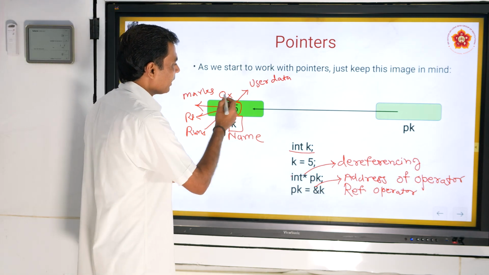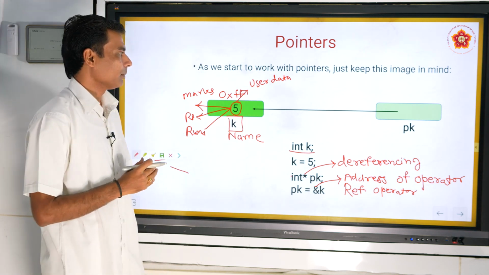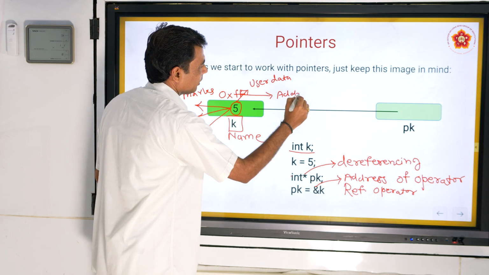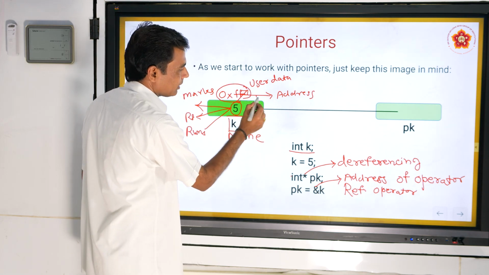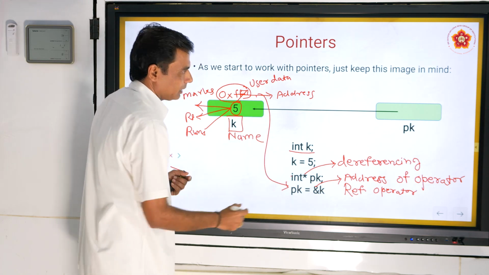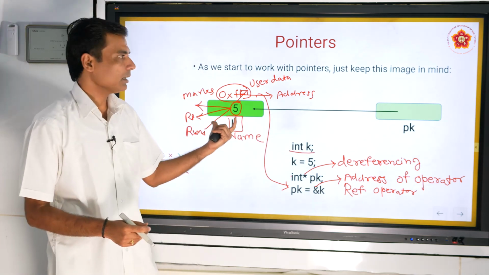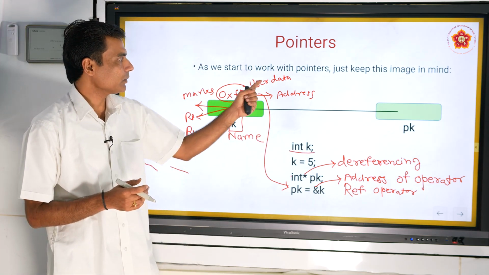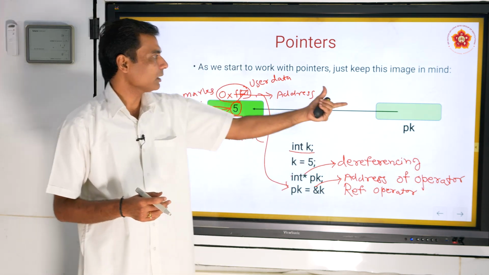Suppose I write here 0xff as the address of the memory. So this is the address of the memory and this is the name of the memory. This address we are going to assign to pk. So pk is also created in memory and k is also created in memory. But the difference is k is storing the user data, whereas pk is storing the address of another variable.